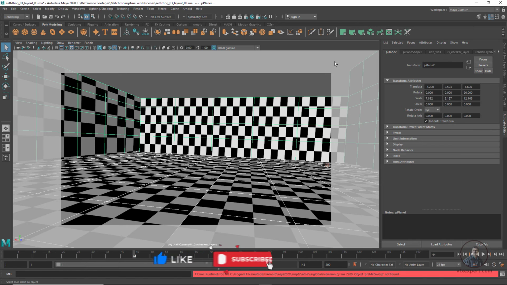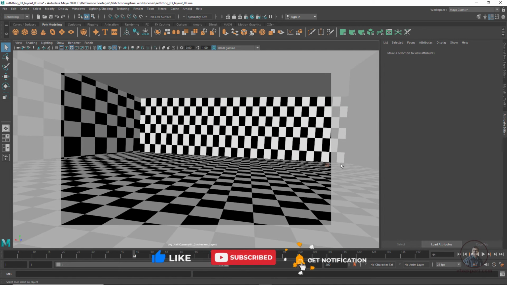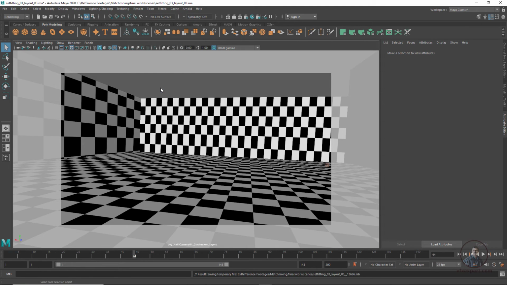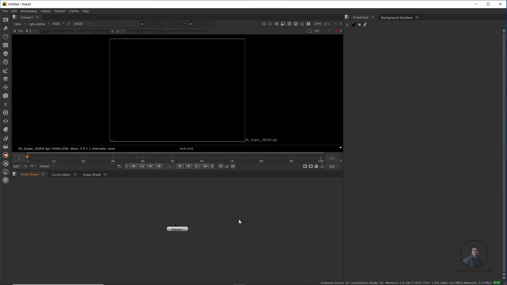Now after this I am going to start our batch render here. Then finally click here in render options, then render, start batch render. So now just check in the downside here. After this you have to check your project folder where you have defined your Maya project folder or in your default folder. So now here in Nuke I am going to composite all our elements.